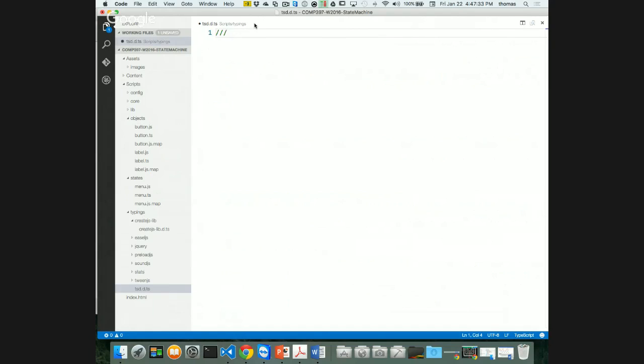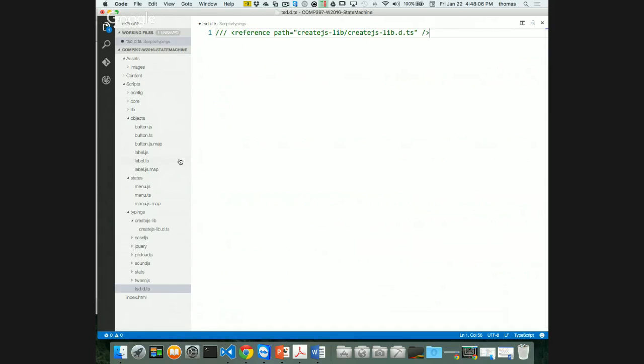So I'm going to type in reference path equals to, notice I'm getting an error because it's not knowing what the reference path is. I'm going to go into create.js, right? create.js-lib first. Here it is. And then inside there, I'm going to include create.js-lib.d.ts and then close it off like that. Now notice that I'm not getting an error anymore because I have the proper path relative to my tsd.d.ts path,